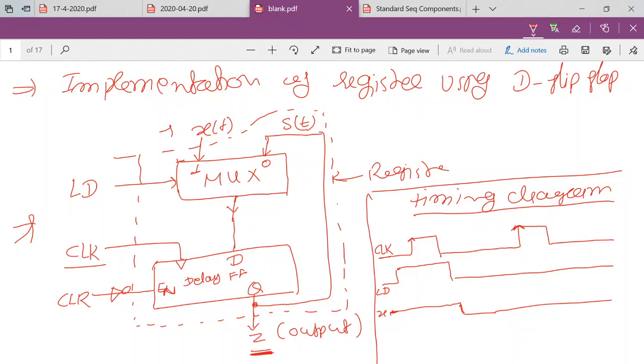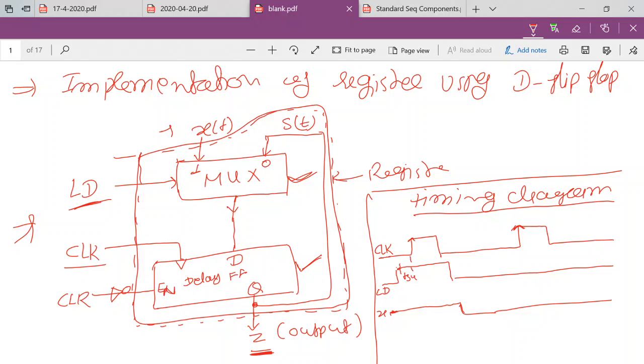So first of all, as we have discussed, this is the LD. This LD is the input to this. If we consider this block diagram as a sequential network, there is a combinational module and there is a flip-flop. We have discussed that the setup time of the sequential network is the summation of the delay of the combinational network plus the setup time of the flip-flop. So what will be the setup time for the input LD of this network? The delay of this mux plus the flip-flop. So we are assuming that whatever the setup time is, LD should be 1 before that setup time.